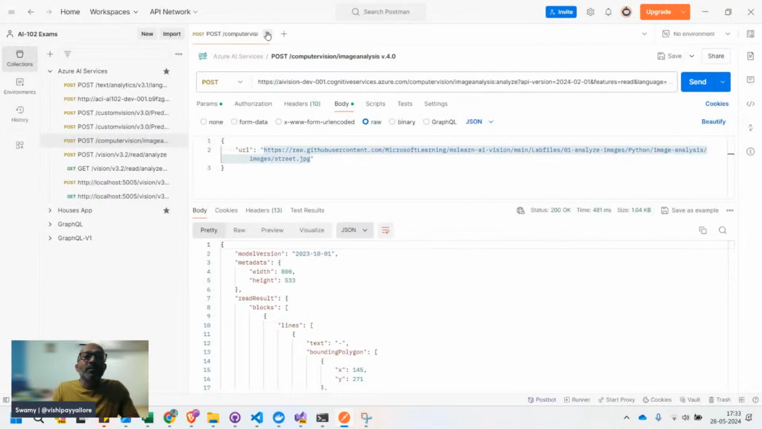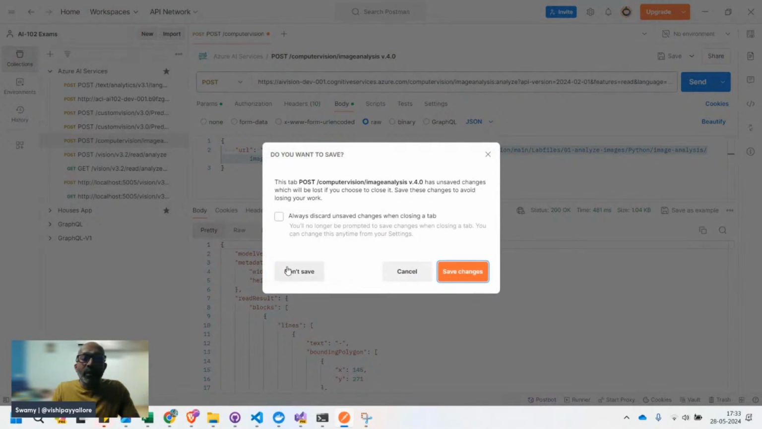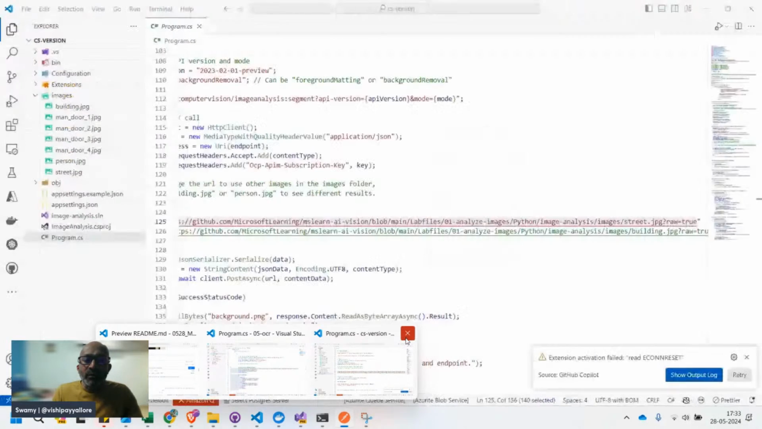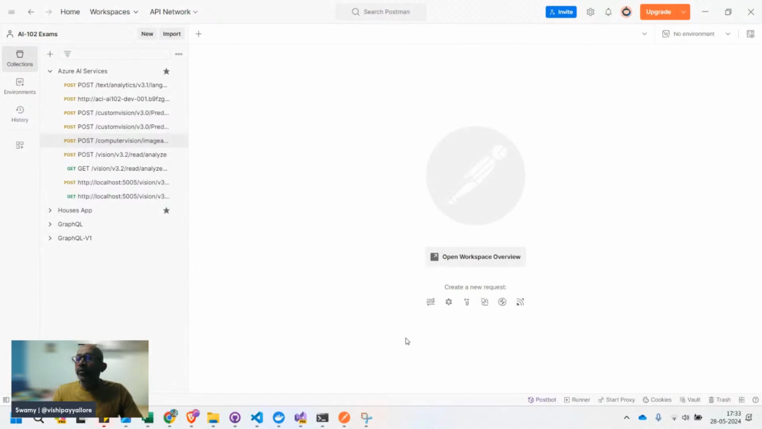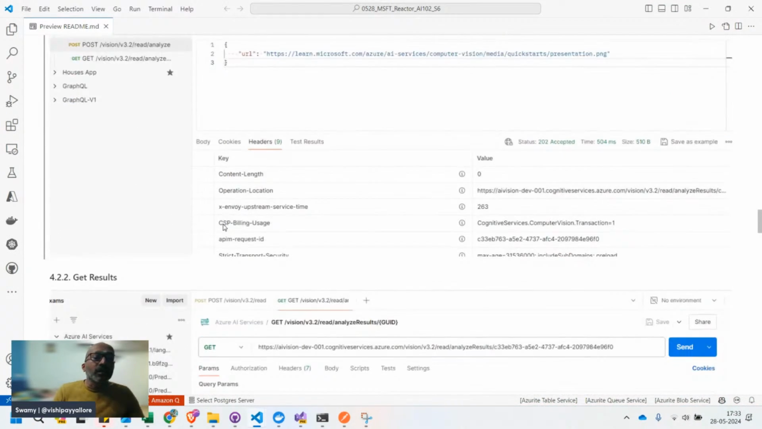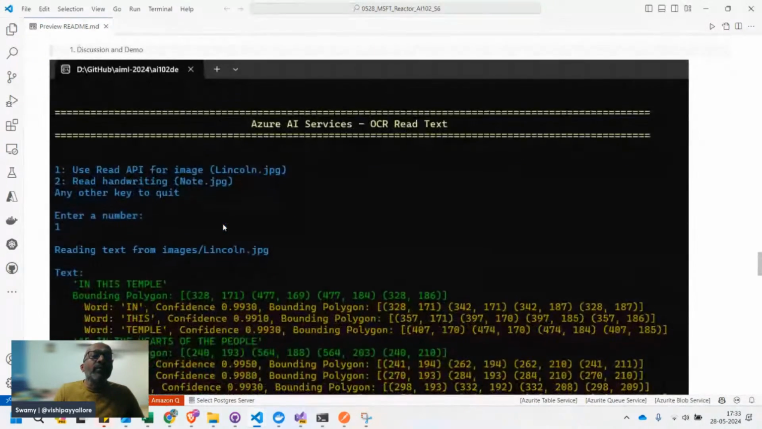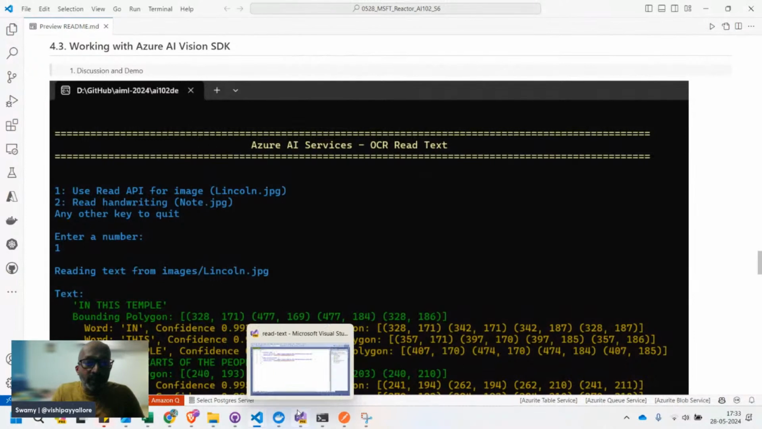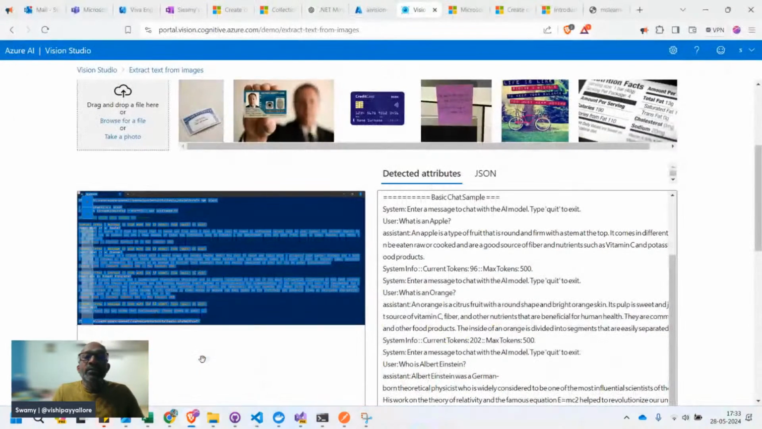So that's the second section we have completed. The first one was Vision Studio, and the second one was with the REST API. And again, in REST API, we tried 2 different options. The first option was 3.2, where you need to make 2 calls, and the second one was the 4.0. Now let's come back to working with AI Vision Studio. So I'll switch back to this